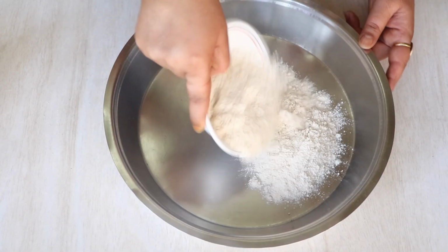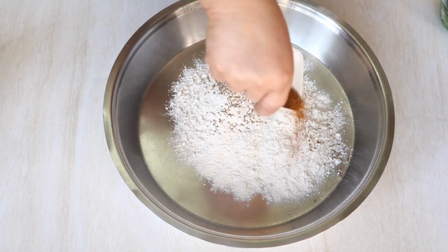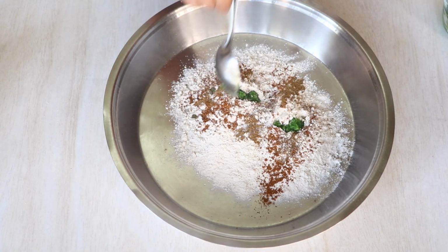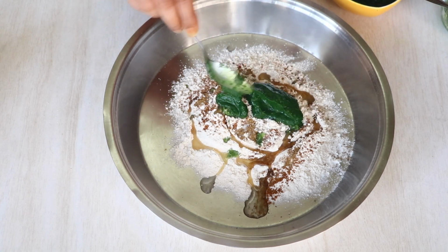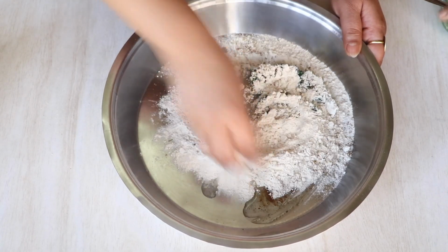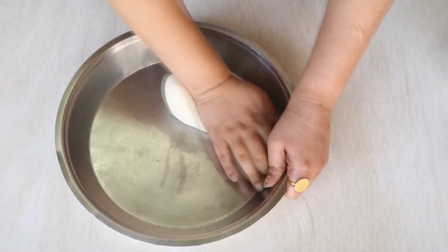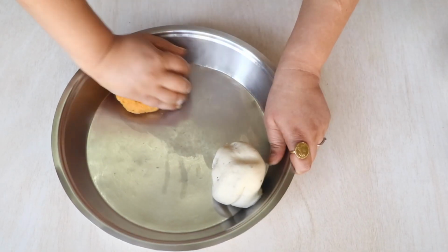Now to the second portion of the whole wheat flour, I'm going to add the carom seeds, then the garam masala, jeera powder, salt, and 1 teaspoon of green chili paste, and 1 tablespoon of oil, and about 2 to 3 tablespoons of spinach puree. And mix it all in and knead a semi-tough dough and put it in a bowl and keep aside for the next 30 minutes. After 30 minutes, I'm going to just refresh all 3 doughs by kneading it once more,